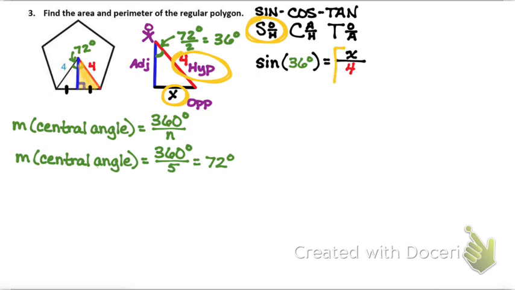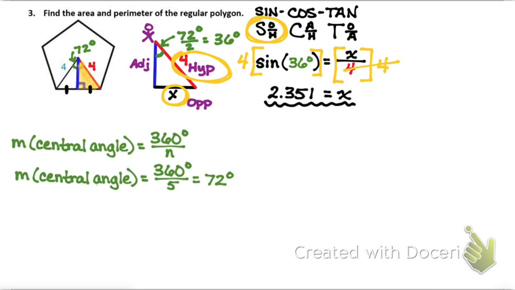Since it's in the denominator, we're going to use multiplication to undo that. So I'm going to multiply both sides by 4. That will cancel this out. And then I'll pop this into my calculator. When I pop that into my calculator, I get a value of 2.351 when I take that out to 3 decimal places. So this segment over here on our original figure is